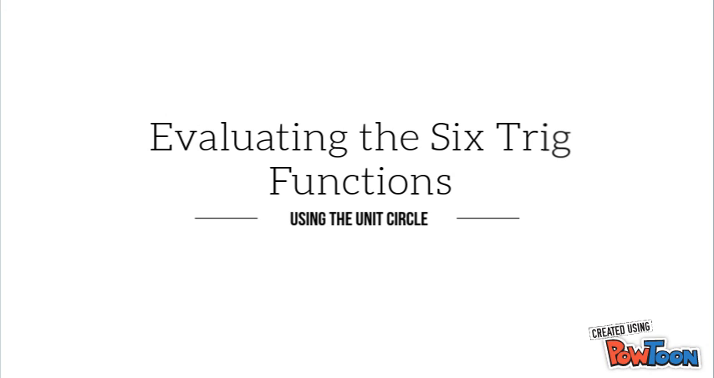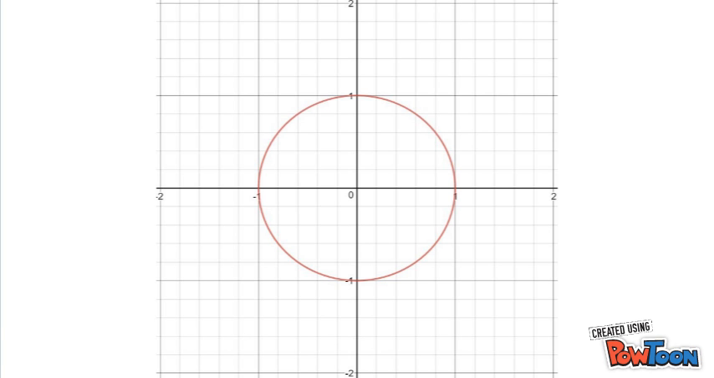Evaluating the 6 trigonometric functions using the unit circle. The unit circle is a circle centered at the origin of a coordinate plane with a radius of 1. This circle can be used to solve many trig functions if it is used correctly. We can first split up the circle into 4 parts, where each section is in a different quadrant on the